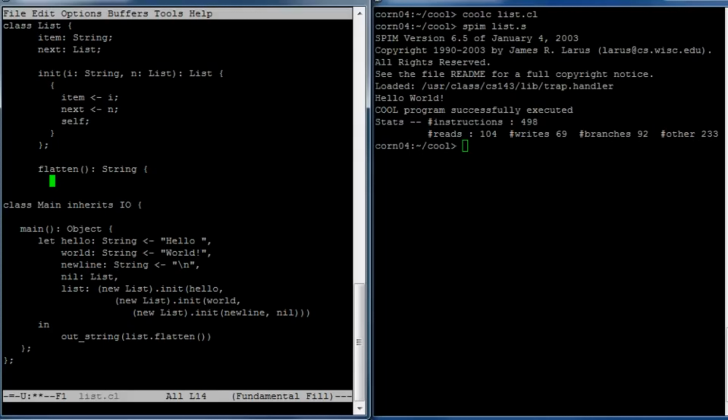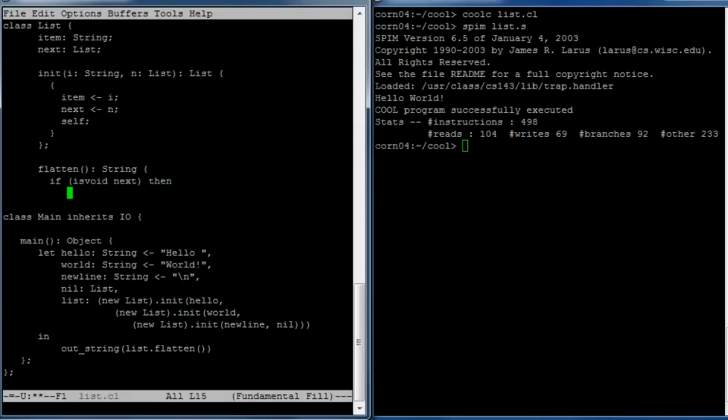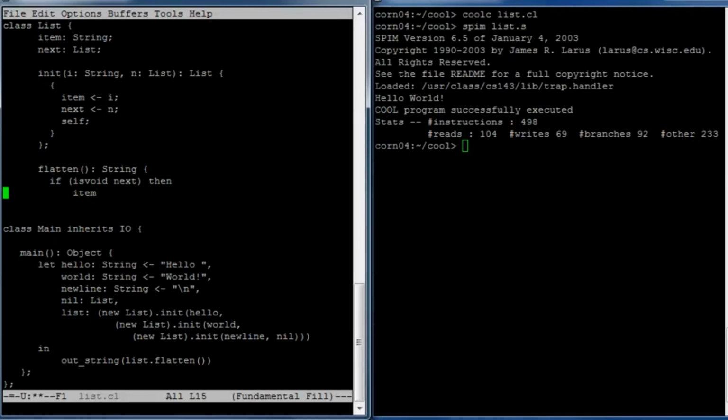So let's test for that. So how do we know if we're at the end of the string? Well, if the next pointer is void, then there's nothing more in the string. And there actually is a special test for that in Cool. It's called the isVoid function, and it's written like this. So if isVoid of next, okay, so of the next field. So if the next field is void, then what are we going to return? Well, then the result here is just the item, whatever the item was in this last element of the list. And otherwise,